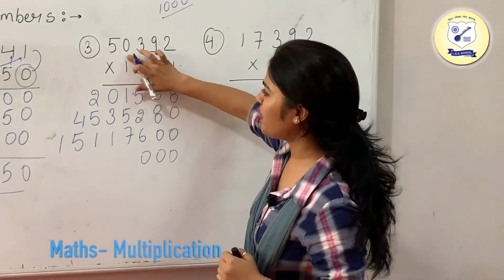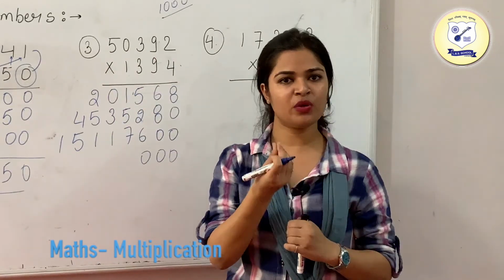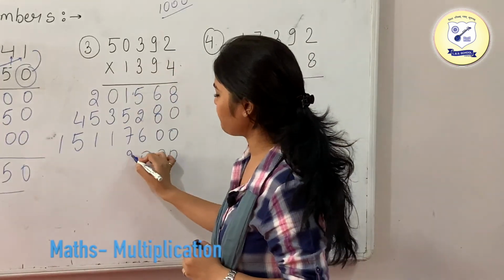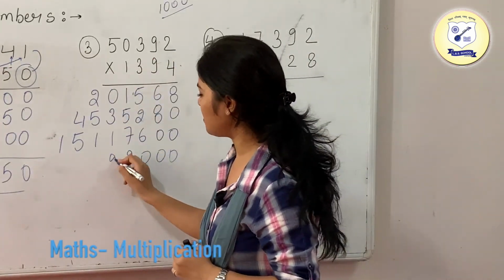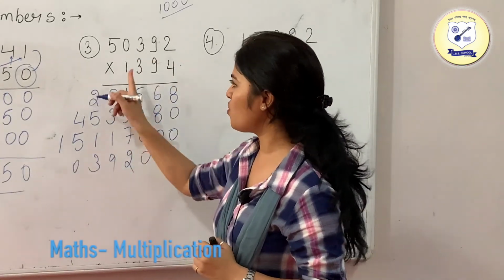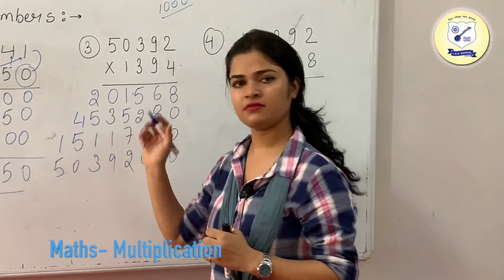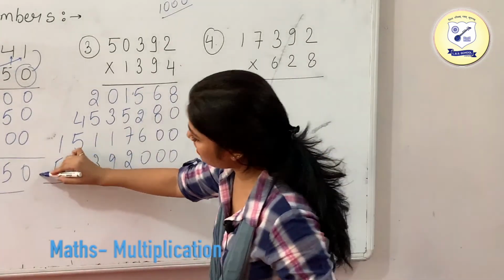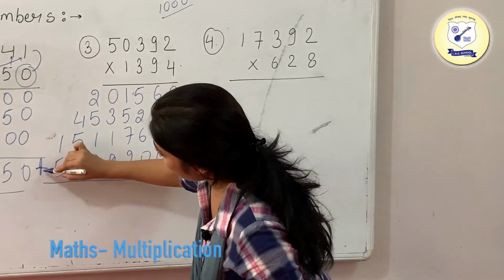We are having 1 over here, and if you are multiplying any number with 1, what we will get is the same number. Okay. So 1 2s are 2, 1 9s are 9, 1 3s are 3, 1 zeros are 0, 1 5s are 5. This is it. Now since we are done with this, just add the numbers we are having.